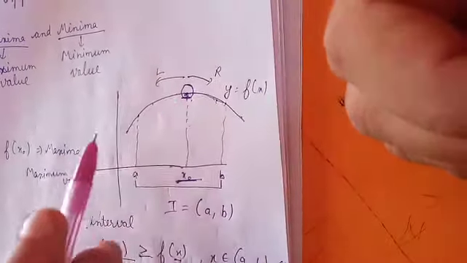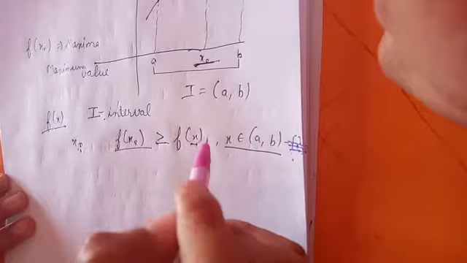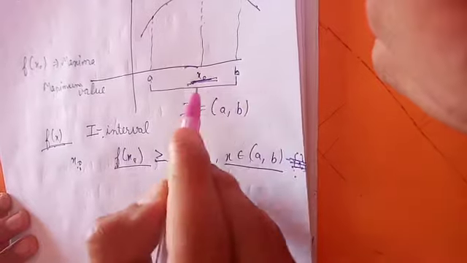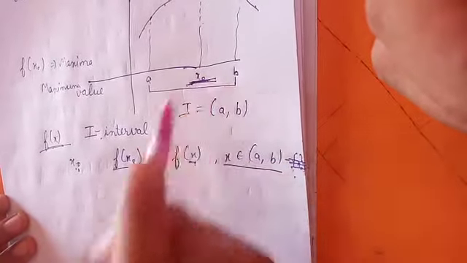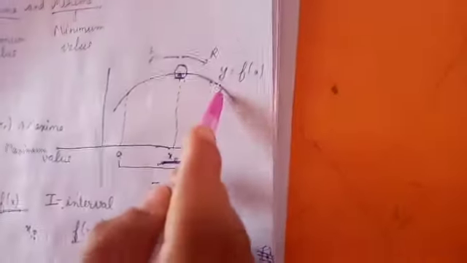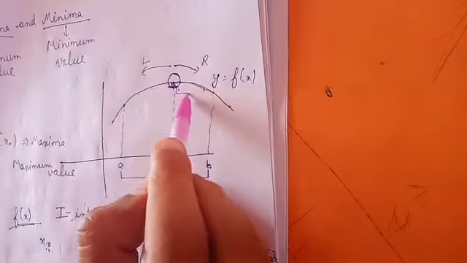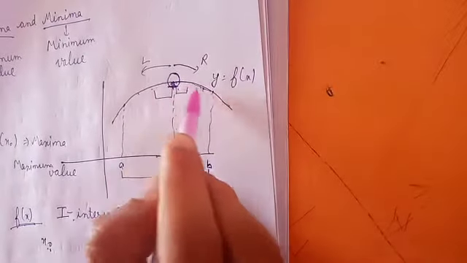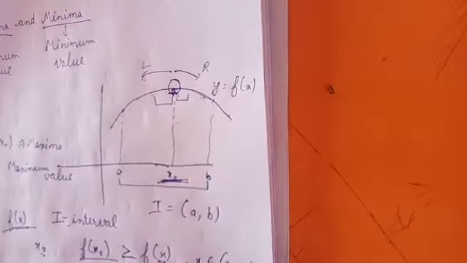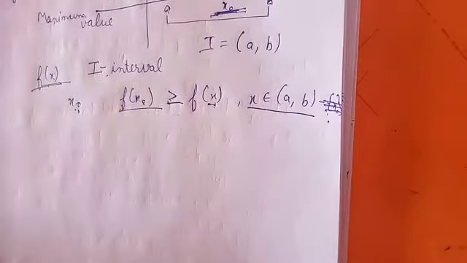That is, a function f of x is said to be maximum at x equal to x naught if the function changes from increasing to decreasing. First it is increasing, then decreasing in the neighborhood of x naught, meaning in the points near x naught, on either side of x naught. Then it is our maxima. You understand it? Now just its reverse is minima.